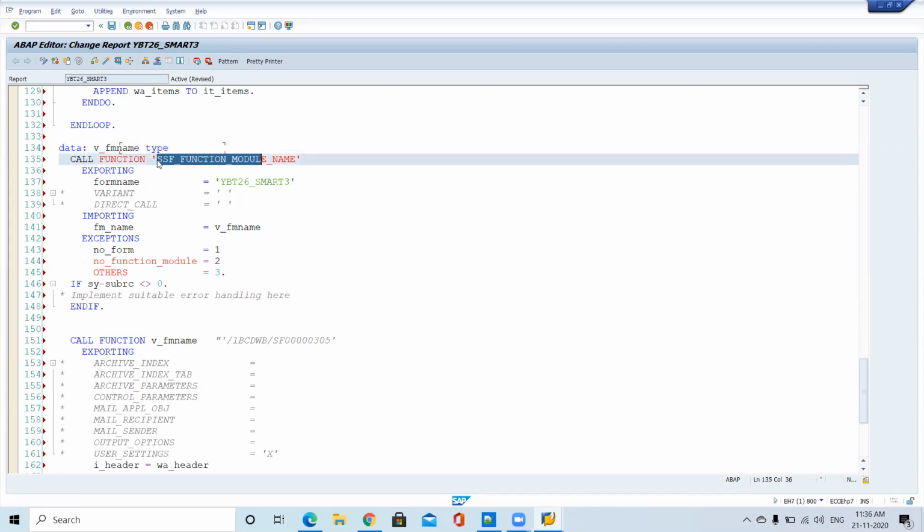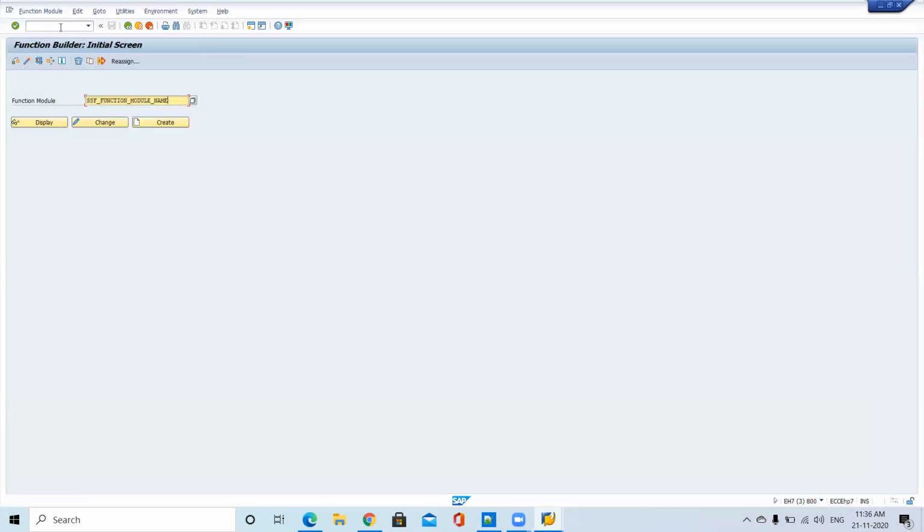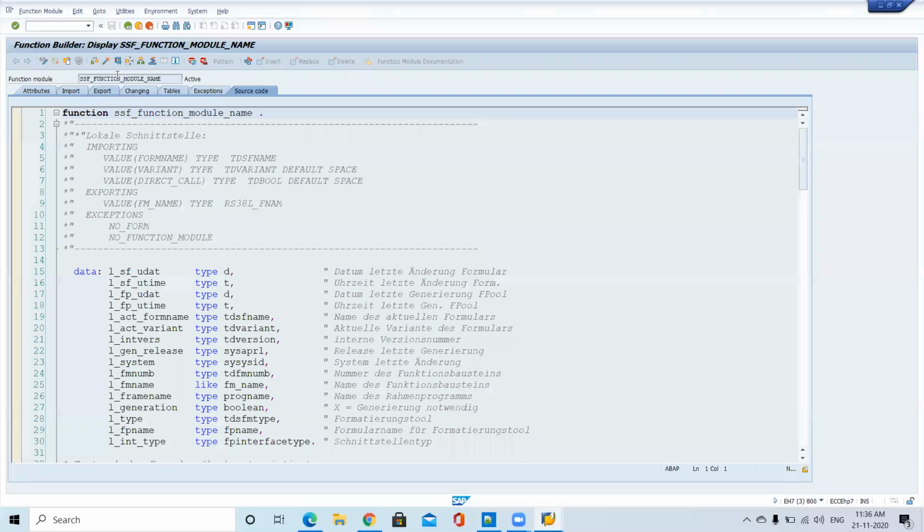So just check this function module. What is the type of that variable? Just open this function module and check the variable name and variable type.